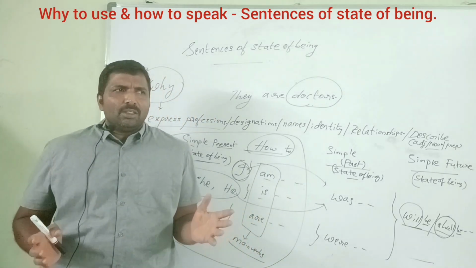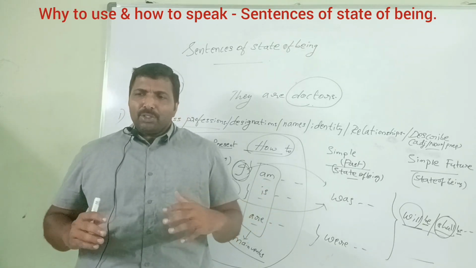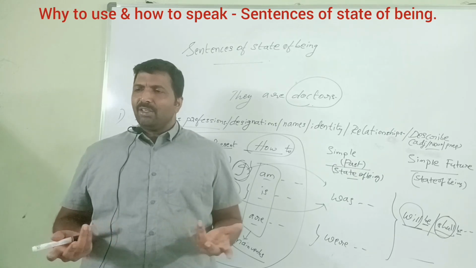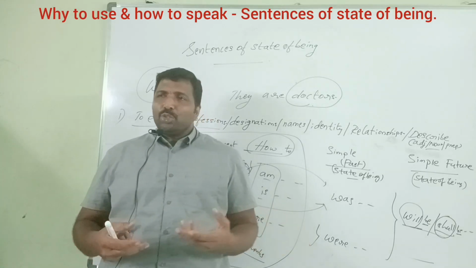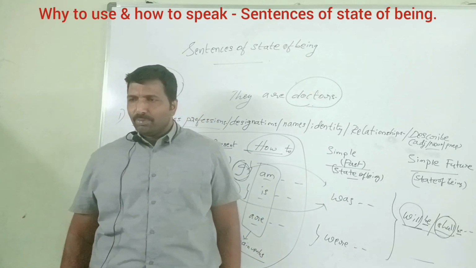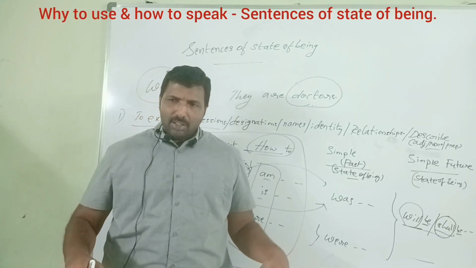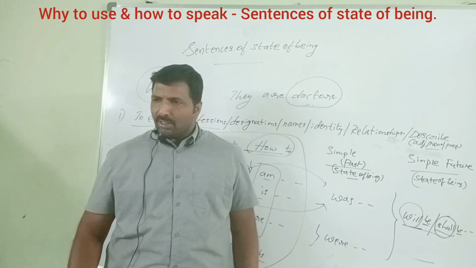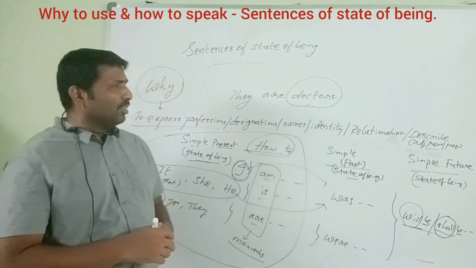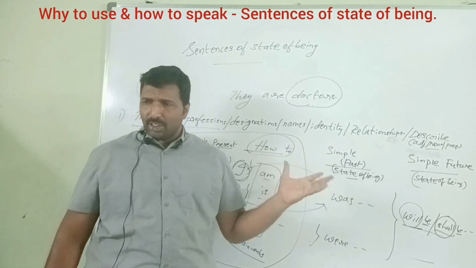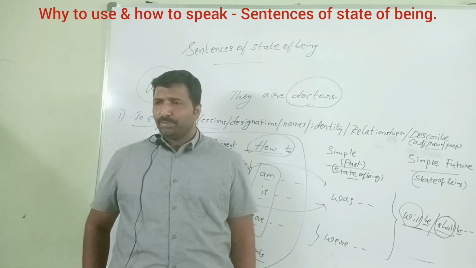In any language we come across, we should be in the position to express any kind of sentences, negative sentences, yes or no questions, because we come across such situations. Sometimes you need to ask or write a yes or no question. Even negative sentences: no, I was not in Anantapur yesterday. I was in something. Locations are expressed by using prepositions. We will discuss it. Tomorrow we will have further discussion on state of being sentences.